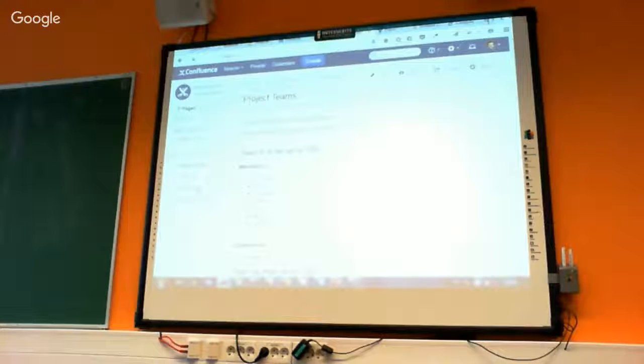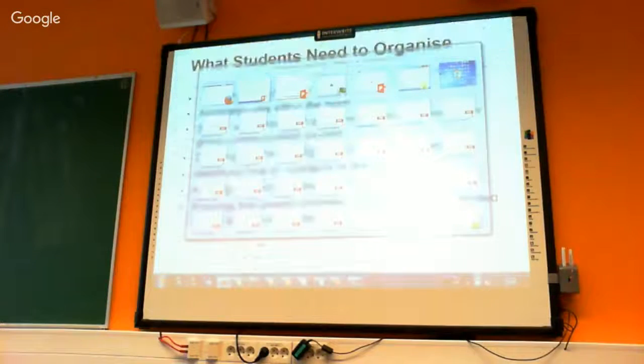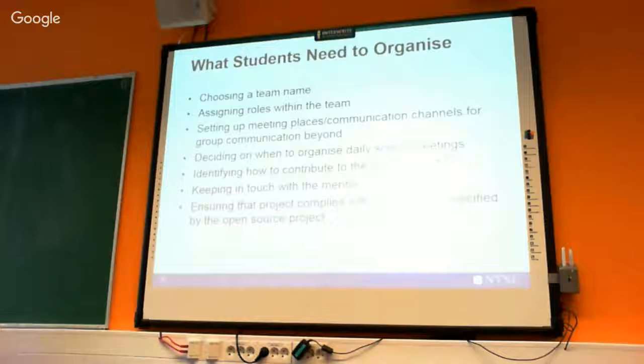I think that should be pretty much what you need to know from the wiki. But just go to the wiki and there you find information about the